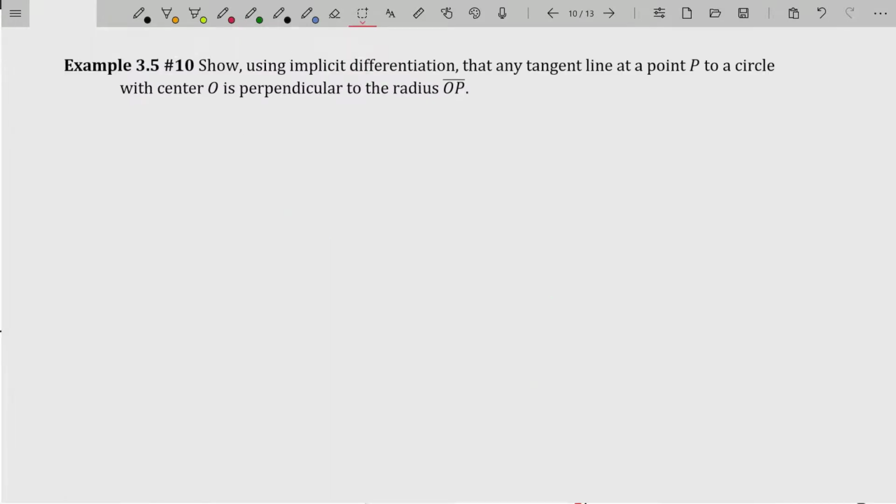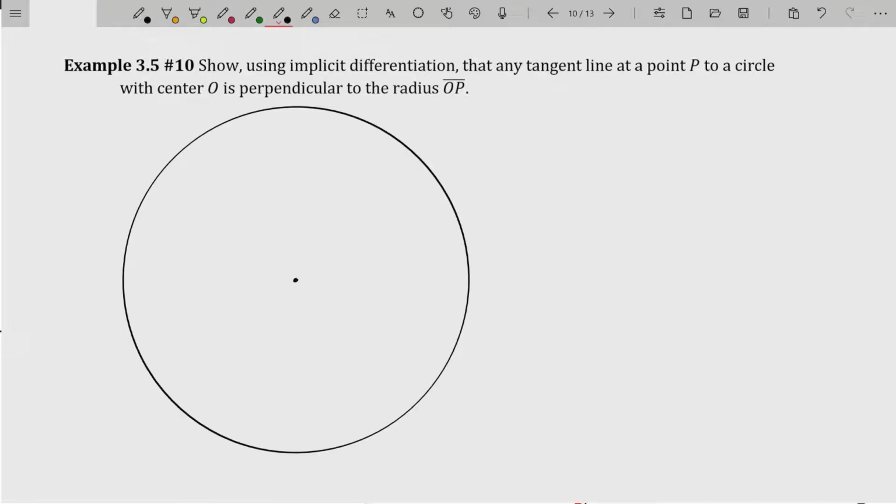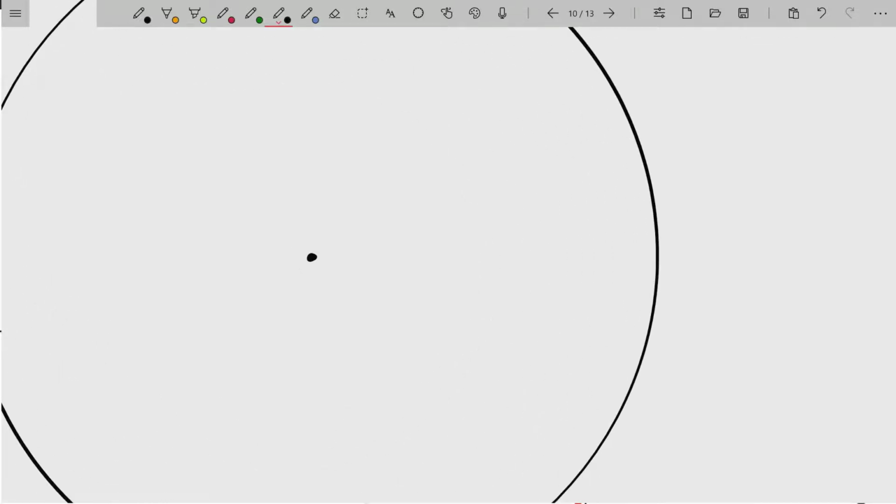And now we really get into some synthesis style questions. Show using implicit differentiation that any tangent line at a point P to a circle with center O is perpendicular to the radius OP. To do this, you have to recall that the equation of a circle centered at some point, which we will go ahead and call h comma k,